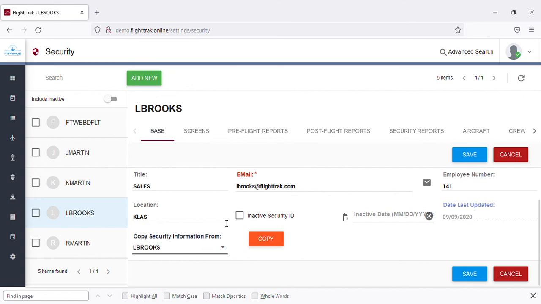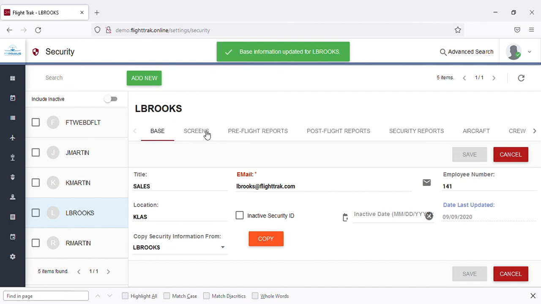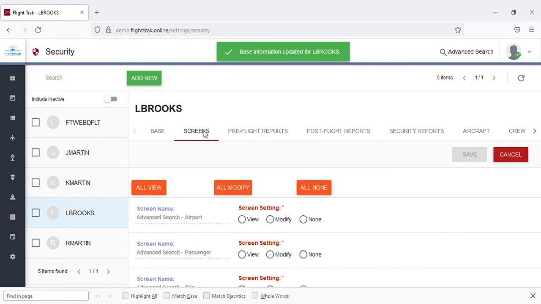And you can do that if you have admins and you want them all to have the same, you enter one and then you can copy it. So it streamlines the process. Let me save. And then your screens,